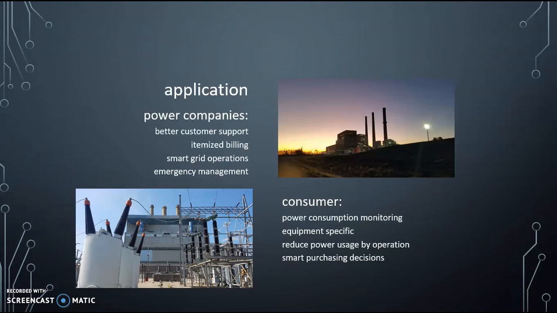From the consumer perspective, being able to monitor your power consumption in real time at an equipment specific level should be able to motivate people or give people the opportunity to reduce their power consumption by operating their appliances more efficiently. We all know to turn the temperature on a thermostat up in the summer. When you see how much money you're spending on your water heater, which is surprising, you'll be motivated to turn it up a couple degrees, or maybe operate your washer and dryer on the efficient mode. And also through smart purchasing decisions, having that information on how much money you're spending on your dishwasher may motivate people to buy more efficient options